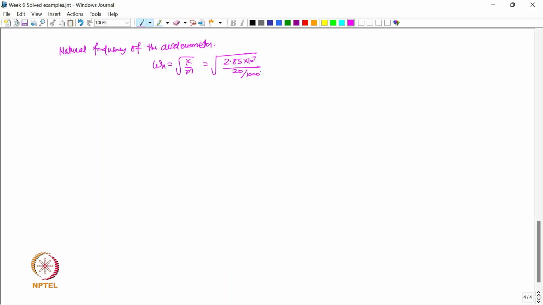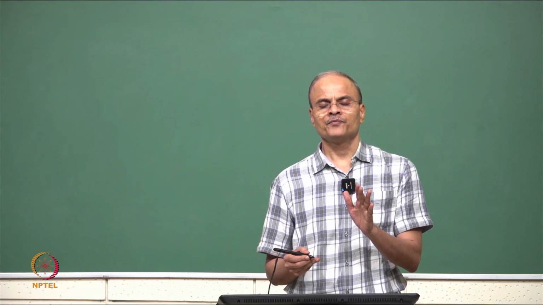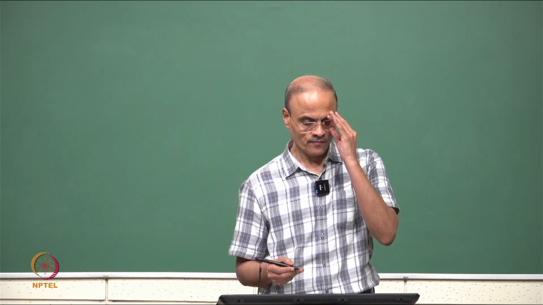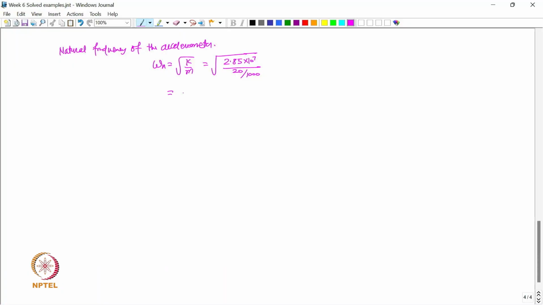So, always while solving problems, you should be mindful of the units. Always make it a rule that you always use SI units for all the variables. So, convert them appropriately, right. So, this gives us 3.76 into 10 to the power 4 radians per second. So, that is the natural frequency of the accelerometer, right, and therefore, the acceleration would be